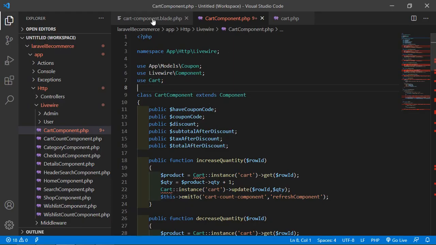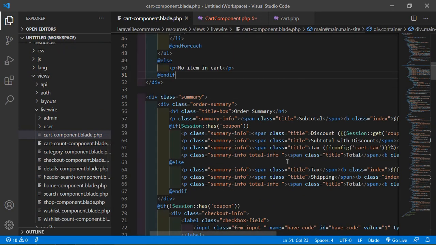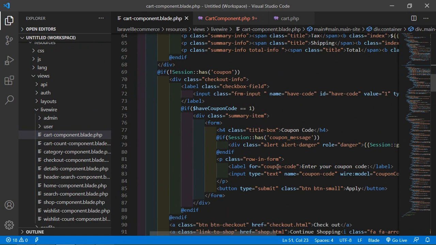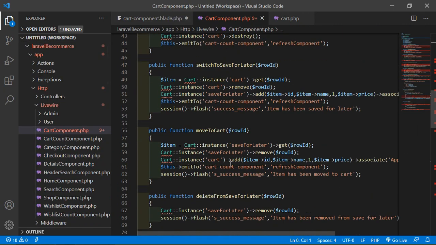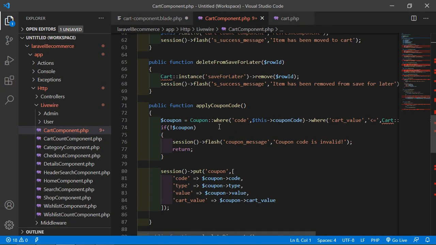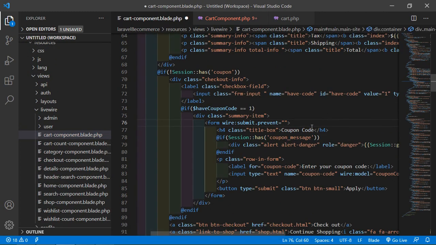Inside the cart component view file, inside the form, here is the missing piece. Let's add wire:submit.prevent equal to, and let's call this function applyCouponCode, and paste here.